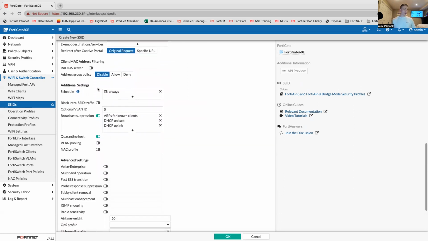And then you have your different additional options down here. You can enable quarantine and host. You could set up one of your NAC profiles to operate on this SSID. You can do broadcast suppression. You can block intra VLAN traffic via the block intra SSID option here. You can also